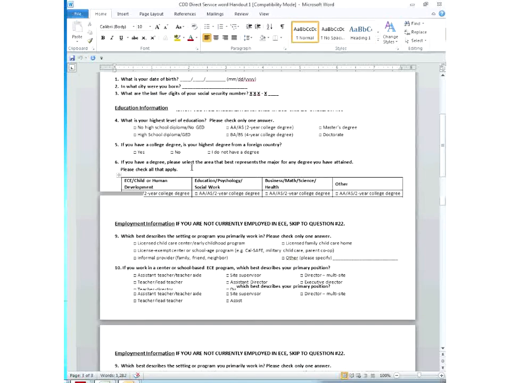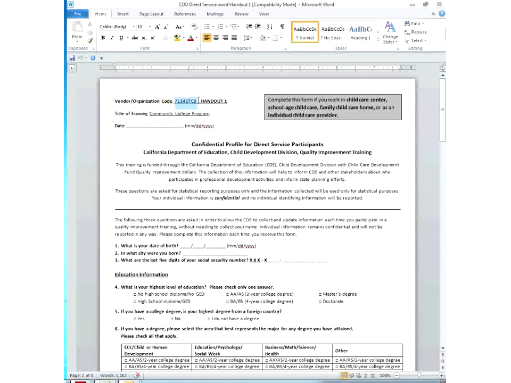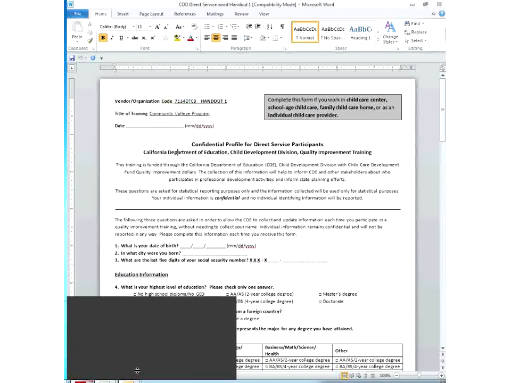You want to make sure that you have pre-printed on the form your vendor and organization code, the title of your training, and the date of your training. And then you can hand them out to them as hard copy. If you want to do some type of electronic version with them and do a PDF, and you need